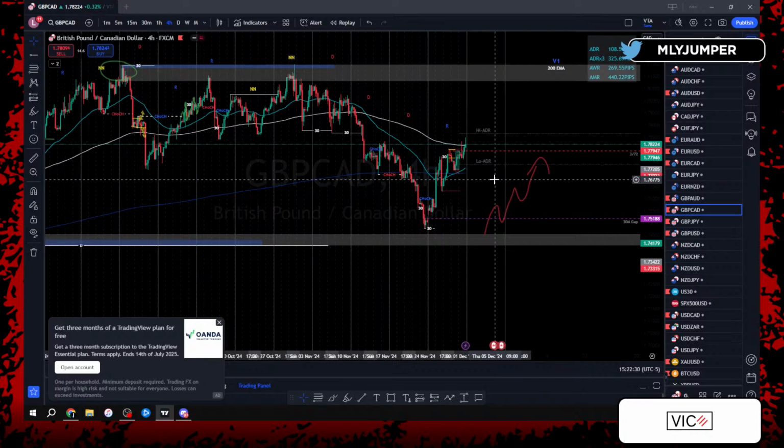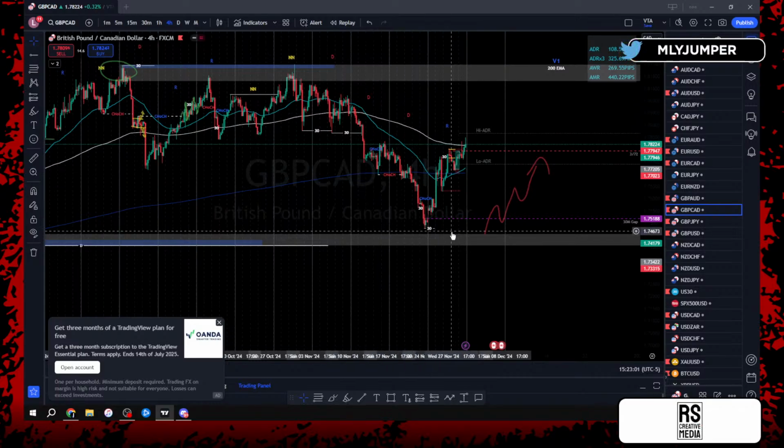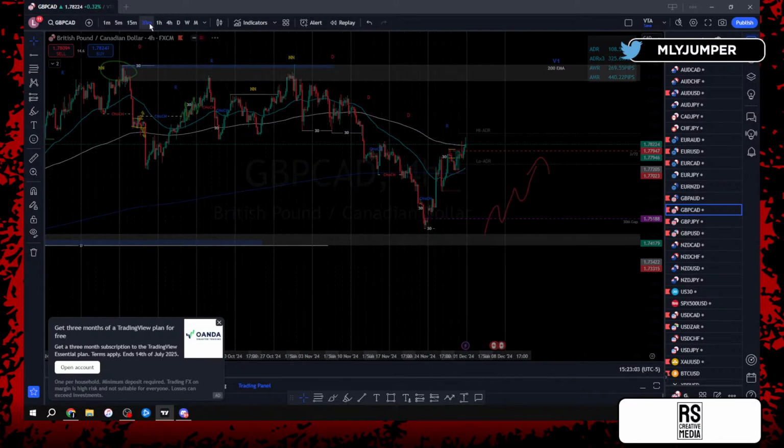So with that being said, this is still a pair that, yes, while I'm still looking for overall pushes to the top side, we also understand that we still have a gap at the bottom of the market that price could still pull back down to, right? So every trade that I take on a pair like GCAD, any trade I take on a pair like AU that still has gaps on the opposite side, I'm very cautious taking those trades, right? So GCAD on the 4 hour time frame, again, we have a week of rise, so we're still looking good, but again, we still have that gap at the bottom.